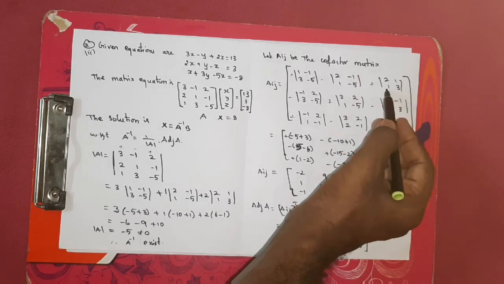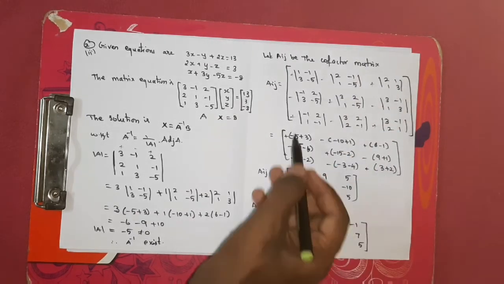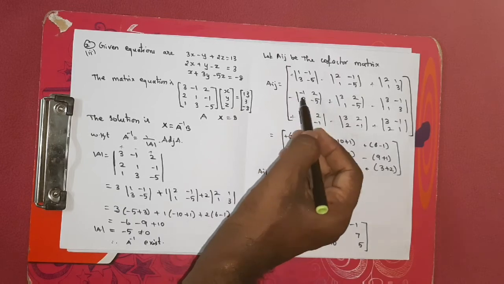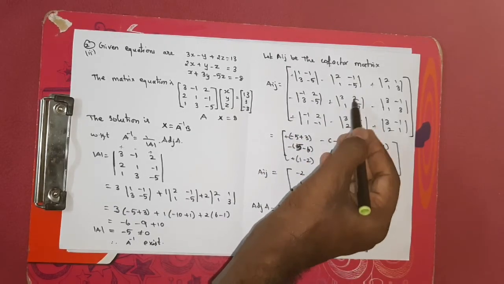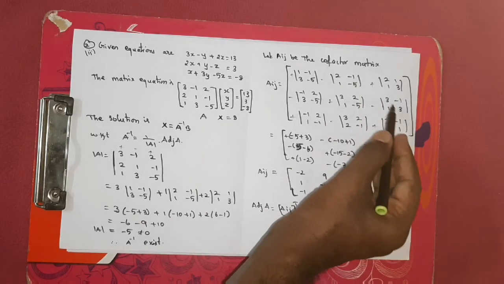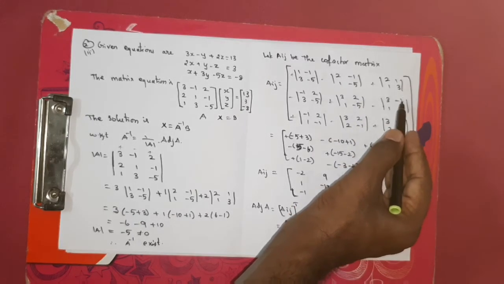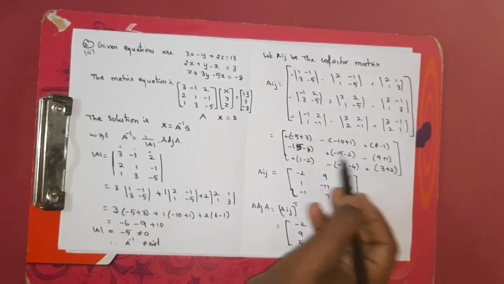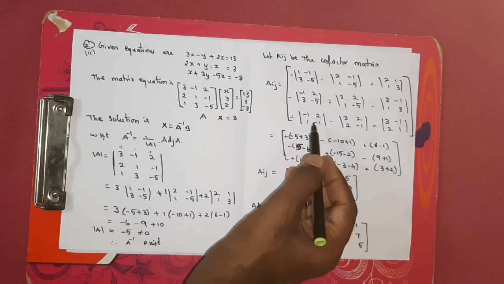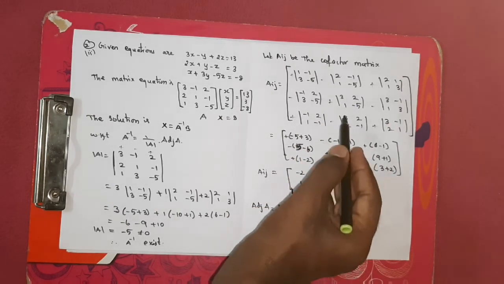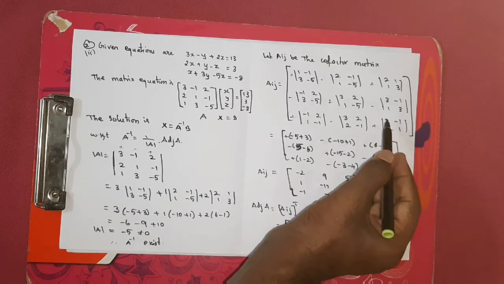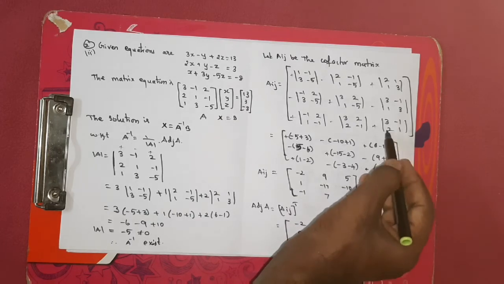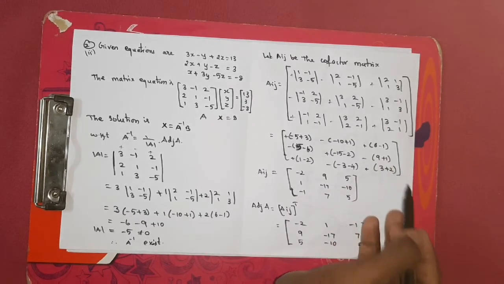So here 3 2s are 6, then minus 1. Okay, here 5 minus 6. Okay, here for minus 15 minus 2. And here 9 minus 1, but there is a minus again, so plus 1. So here 1 minus 2. Here when you multiply minus 3 minus 4. Here when you multiply 3 minus 2, but there is a minus up, so plus 2.